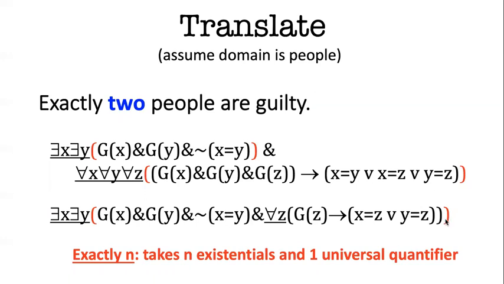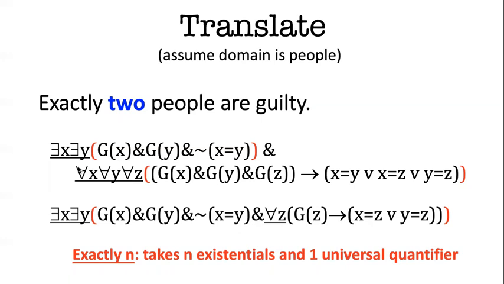But then inside the scope of that existential quantifier, we say for any object in the domain z, if z is guilty, it has to be either my x or my y. And this is like a catch-all for distinctness, where there can't be any other objects that are different from my 2 guilty ones. So this performs the function of all this complex universal quantifier in a way